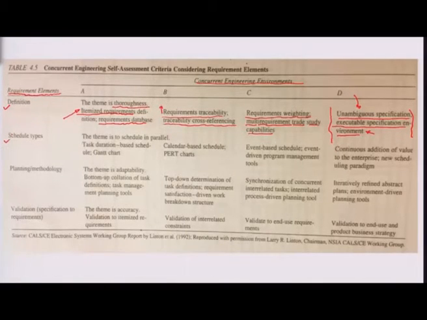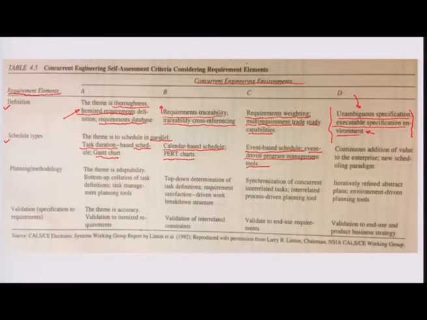Also mentioned is the schedule types. You can see the theme here is running in parallel. Mostly, schedules could be based on task duration: individual tasks are split up from the whole work study, Gantt charts can be plotted, and scheduling can be done based on the number of tasks involved. There could also be a precedence requirement, where you put in all the tasks and what precedes what. Then there is a calendar based schedule, which talks about what point of time in the month, or on a planning horizon slightly more than a day, the schedules are running parallel to each other. There could also be event based schedules; event driven program management tools can be used.